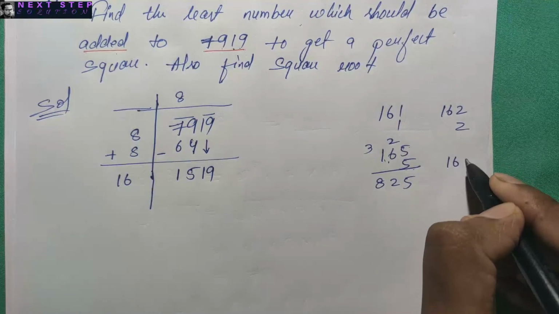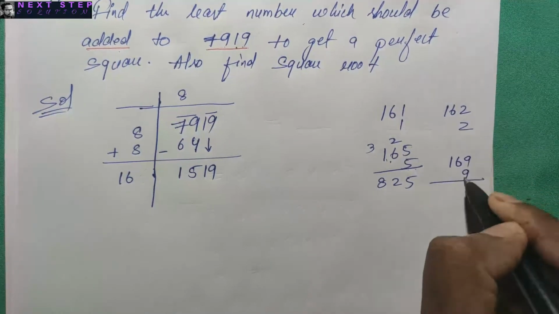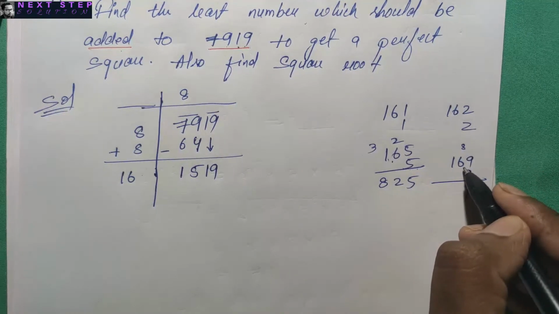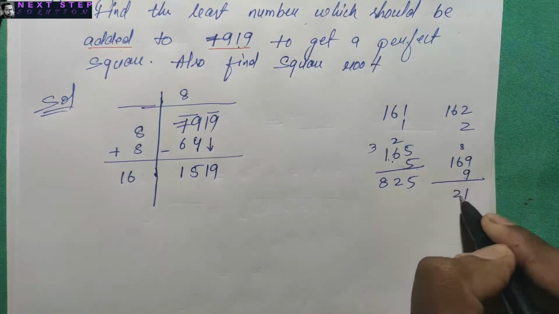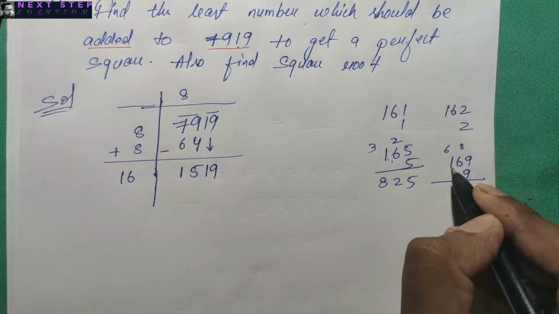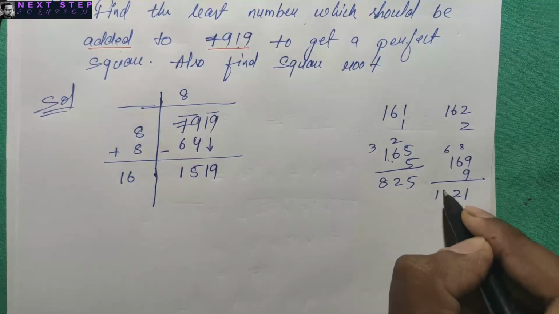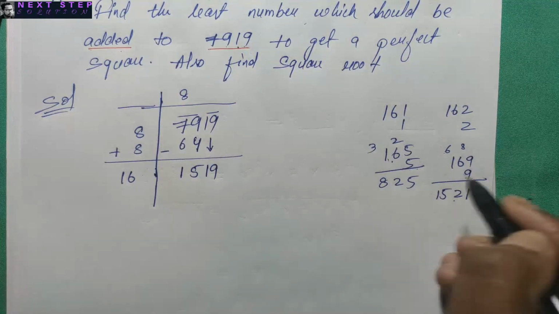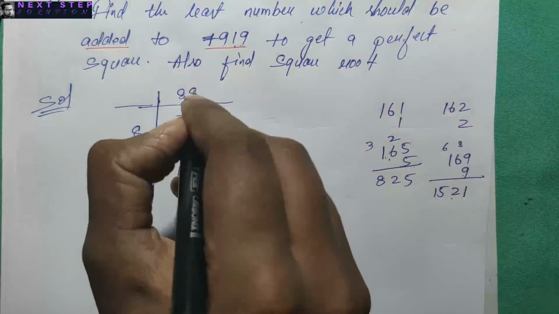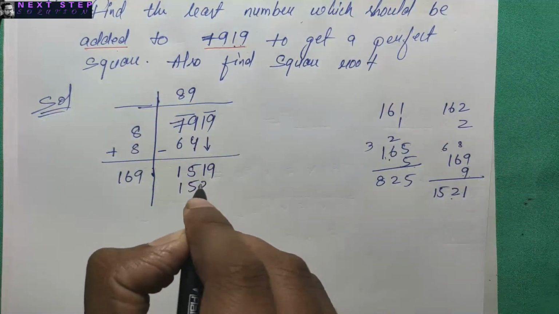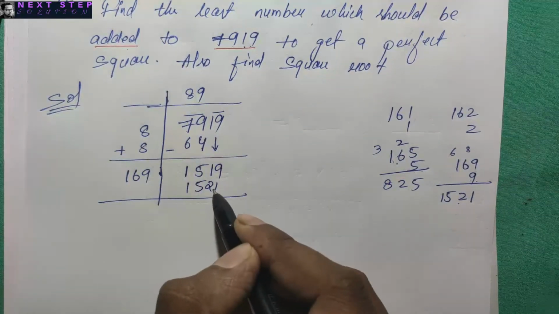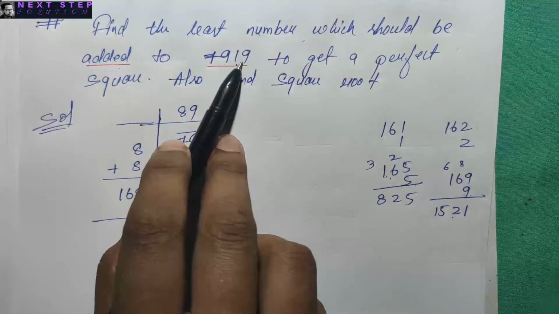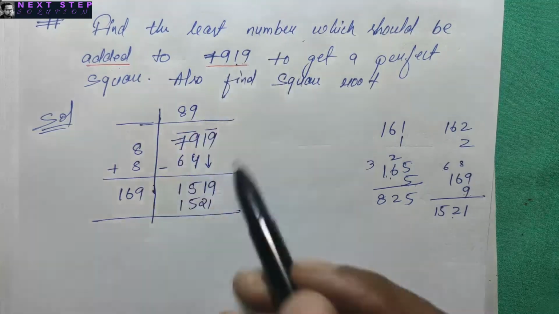With 16, if I take 9 and 9, 9 9s are 81, 8 comes here, 9 6s are 54, 54 plus 8 is 62, 2 stays, 6 comes here, 9 1s are 9, 9 plus 6 is 15, so 15 21. Yeah, we can take 1521, which is slightly bigger than this one. So if we multiply with 9, it becomes 1521. Remember, here we are taking a slightly bigger number because it says what should be added to make it a perfect square.